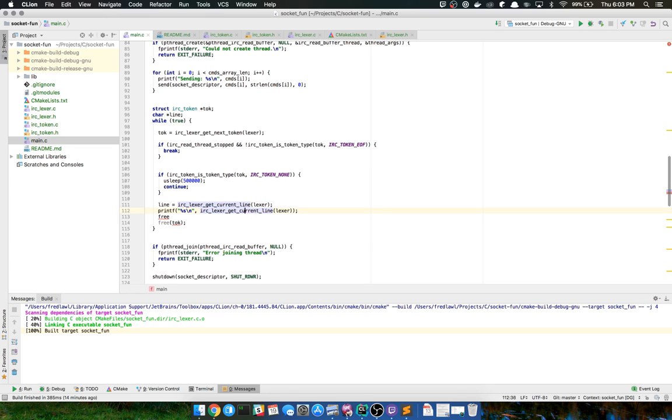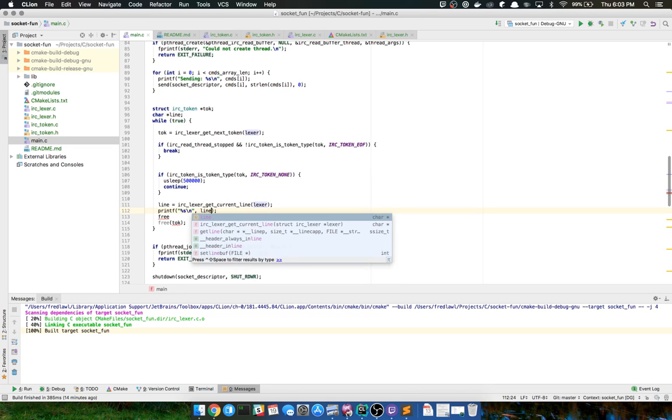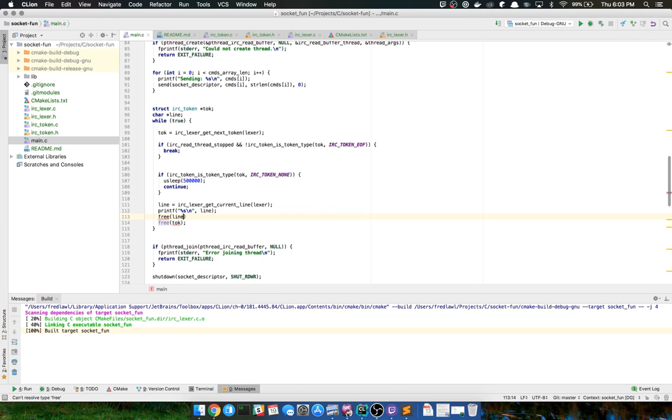So really what I want to do is I just want to start implementing the token stuff now.